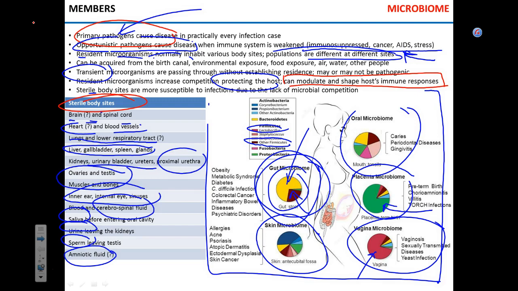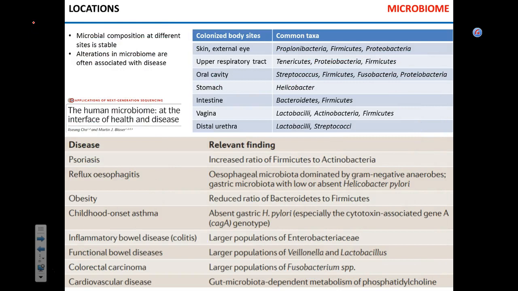If you were to pick a site that is more likely to be infected out of, say, mouth, gut, skin, or brain, despite the fact the brain is behind the cranium, brain would be the one to pick. You see what I'm trying to say? Because it's sterile. Any sterile body site is more sensitive to infection. We're good? With this, we are moving on